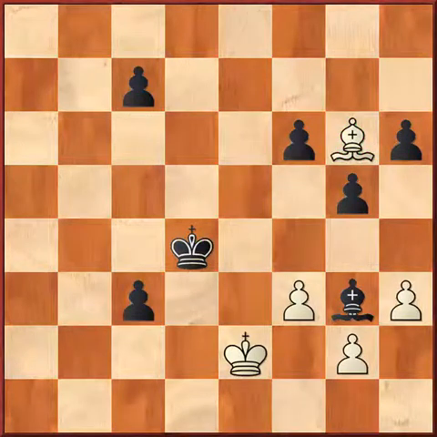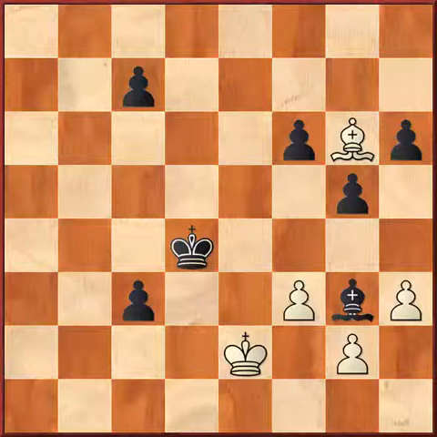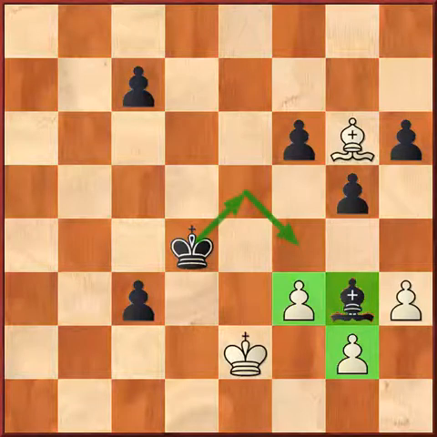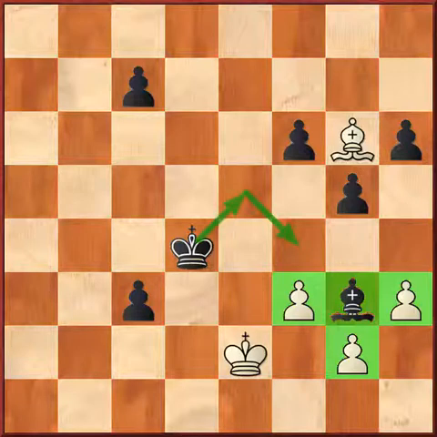Later we can bring this king somewhere to g3 and try to give away this c2 pawn, c3 pawn, and grab these g2, f3 and h3 pawns. That is the only way that black can win. In this position, I think white